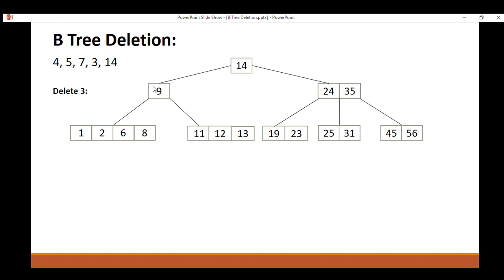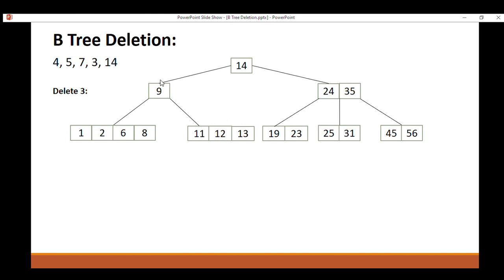So what we will have to do is fill this space with one value to fulfill the B tree properties. For this purpose we will look at whether we can borrow one key value from the immediate left node, or borrow one key value from the immediate right node of the targeted node.